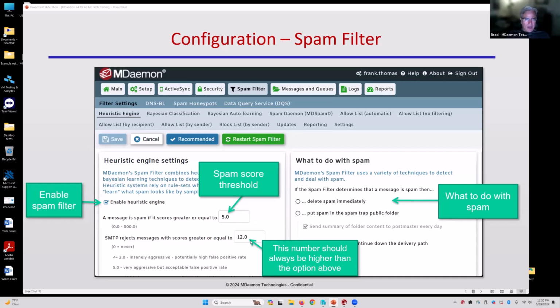Notice these two different scoring thresholds. You've got this setting, a message is spam if it scores greater or equal to, and we have 5 points. And then we have this setting, SMTP rejects messages with scores greater than or equal to, and it says 12. Now, notice that 12 is higher than 5. That's because when an inbound email first arrives, it goes into a temporary queue, and MDaemon does an initial scan at that time using Spam Assassin, and it assesses a scoring value. At that time, if it scores 12 or below,